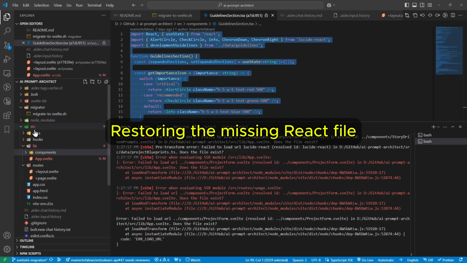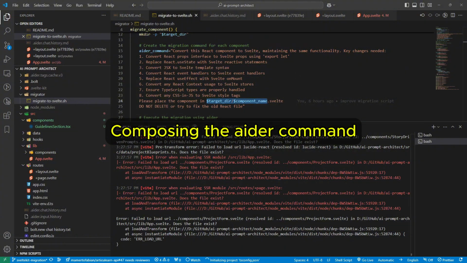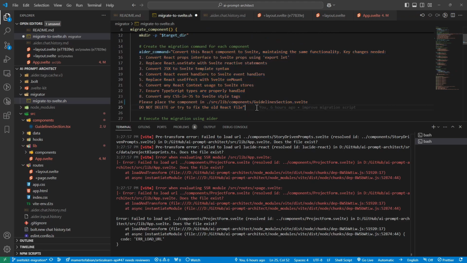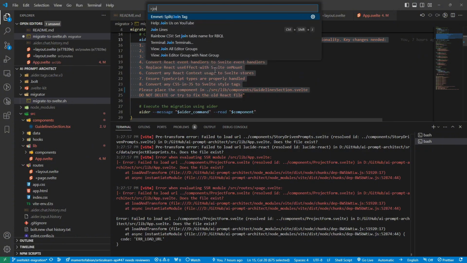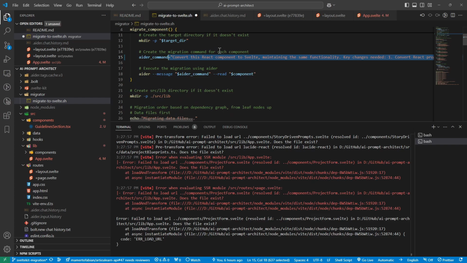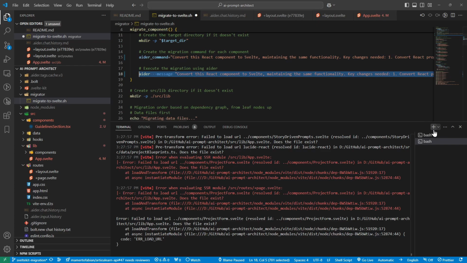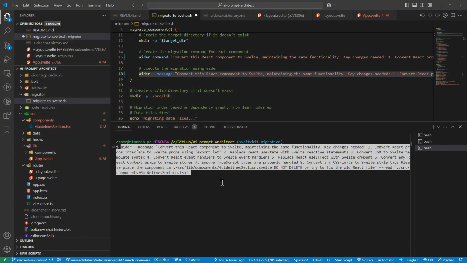I will save it manually, then paste the contents, and then here we can say, and since this spans multiple lines, we need to join the lines so that we will be able to execute this in the terminal. So to join the line, we can say join lines, and we can copy this whole message and replace the Aider command here with that message. And then here, we'll provide the React component. Okay, let's copy the whole line, and let's create a new terminal session here and paste in the whole message or the whole command, and then let's press enter.